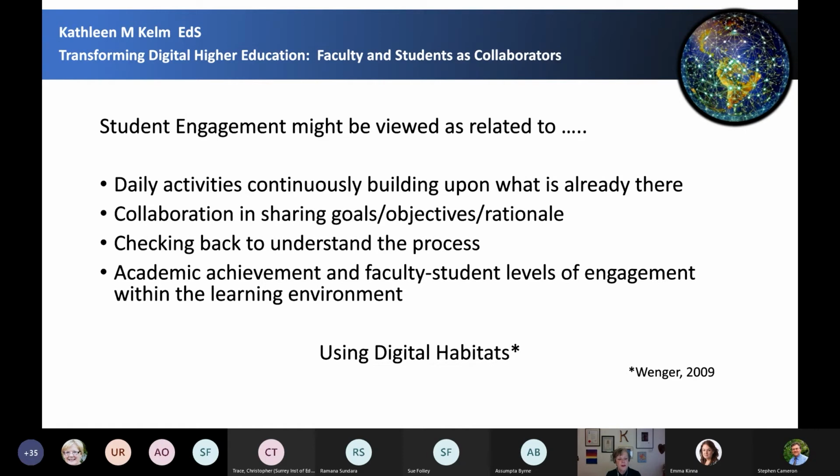So if you think about these four items here that you're more than happy to read ahead of what I want to say, really we are talking about an environment where digitization, first of all, creates the environment. Secondly, digitization is used as a vehicle to promote activity, as a way that students and faculty jointly create that learning experience as it's understood, not just now, but also down the road.